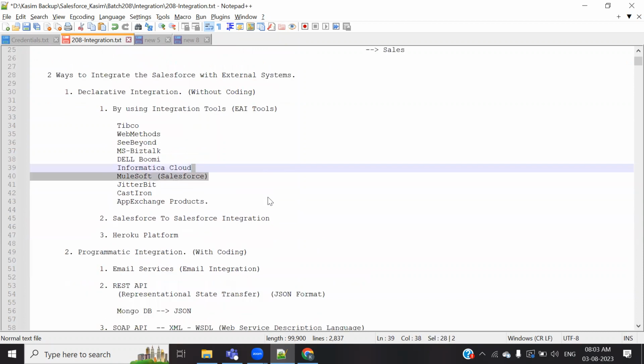Declarative integration, you have observed this, not just understood it: Salesforce is a kind of technology which is trying to make it simple for everyone to understand. We got this idea from day one, when I was describing this technology. I told you that in the entire product development, 50% of the portion would be non-coding and the rest 50% you have to code. But that depends on the complexity